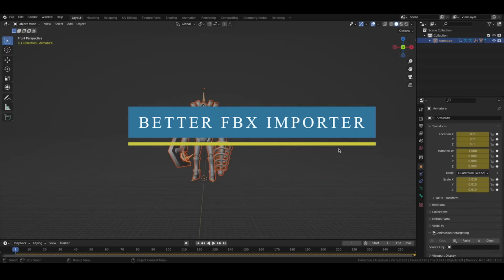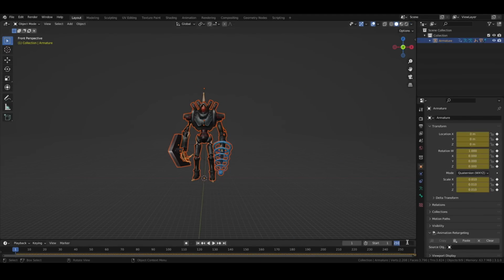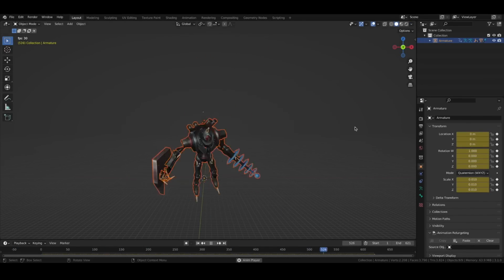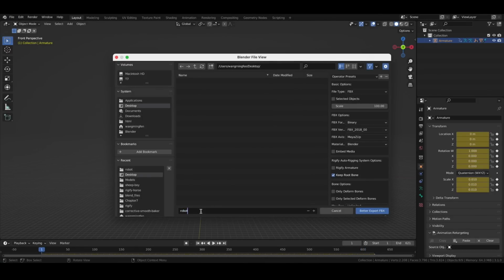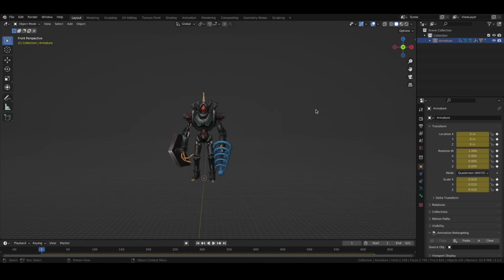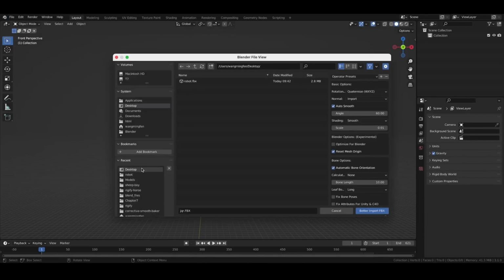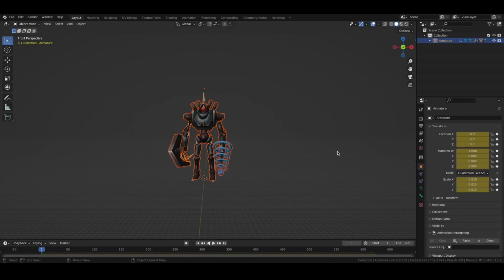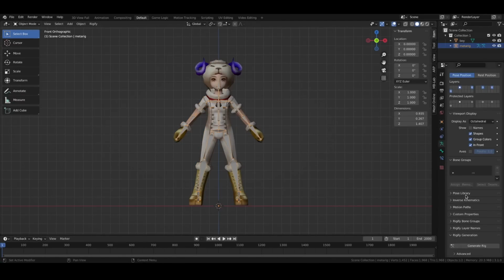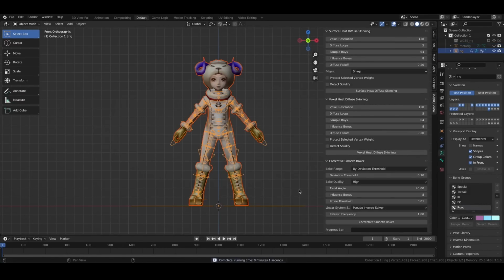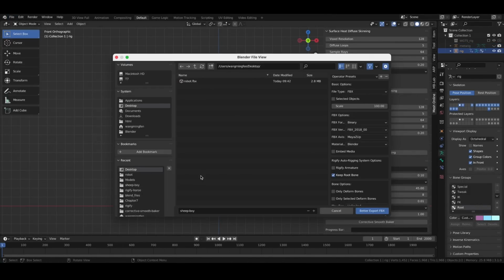When it comes to importing things into Blender, we have an add-on that is called Blender FBX Importer. It is great for game developers, animators, or Blender artists in general who use different 3D software to get things done. Blender FBX Importer helps you to do things the right way when it comes to importing FBX files into Blender. This is the case because you don't always get to see models, characters, or animation projects imported properly into